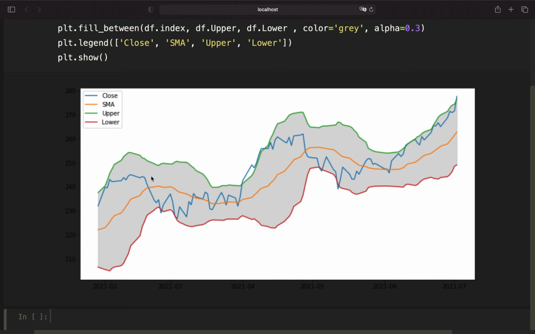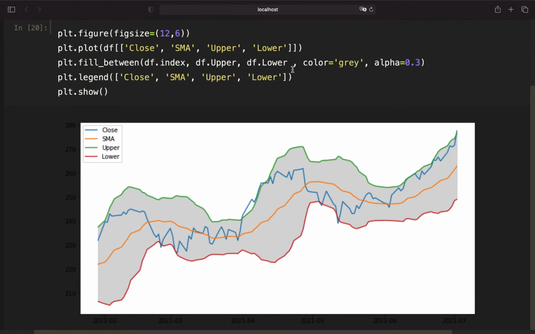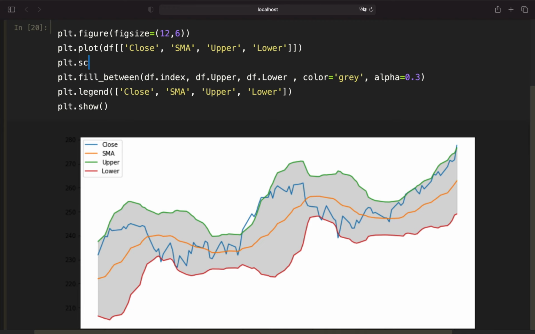Okay, so yeah, what else? We wanna plot the buying signals. I think that could be interesting. So where exactly we should buy and sell. And with that, I'm showing you what's the problem with such a chart. So if I'm just taking a scatter plot here